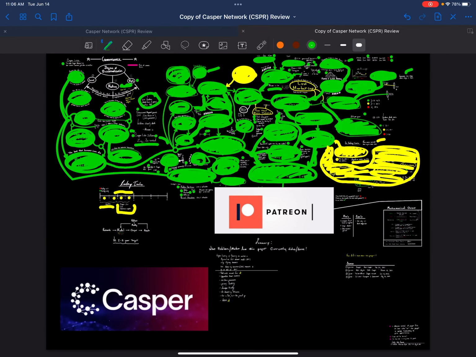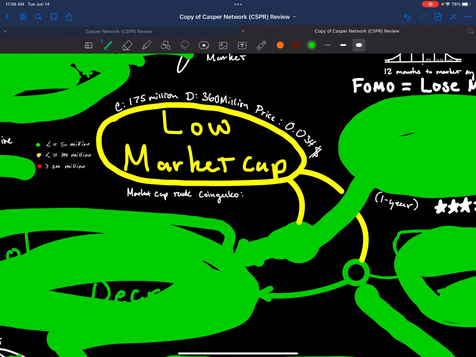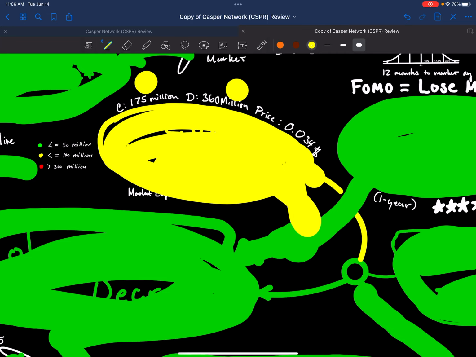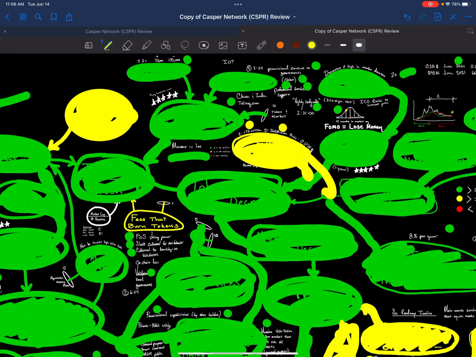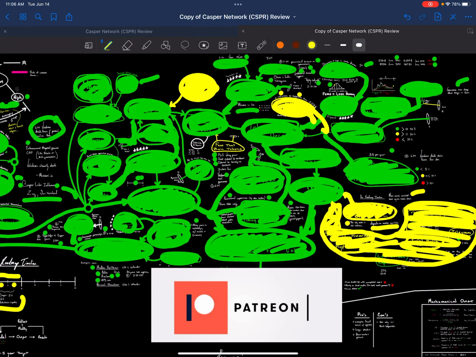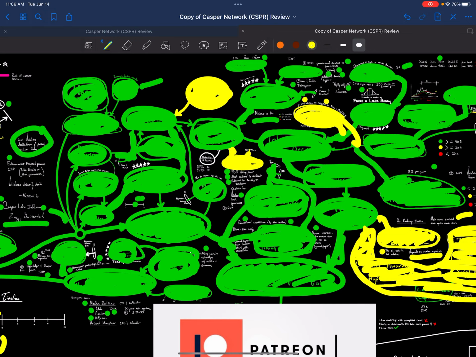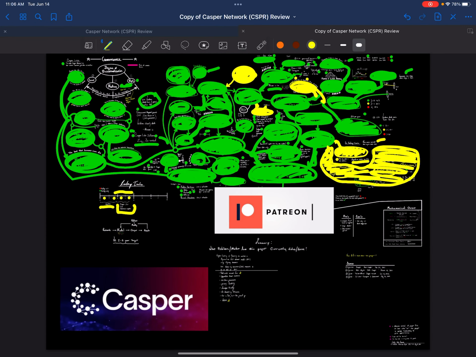All right, so that is low market cap. It is not fine. Usually I get that one early. It's not a super low market cap. It's 175 million, diluted at 360 million. So it's not super small, but there is opportunity there with the size because it's not super small, but it is not super big either. And whether there's fees that burn the tokens in the future, that is something up to the validators. They can implement that if they want, and that is, in my opinion, always a good thing.